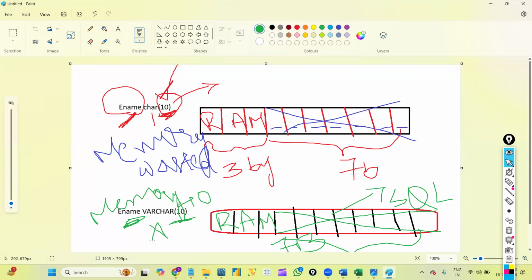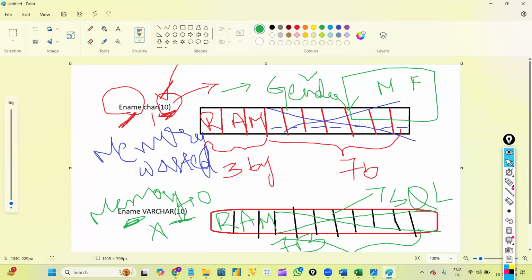In which scenarios will we use char and in which will we use varchar? Suppose we know what kind of data we are going to enter in a column. For example, we have a gender column. In the gender column, we know exactly what data we will enter, either male or female. So exactly that much size we can define, and in this gender column I can use char, with only that required size. If I don't know